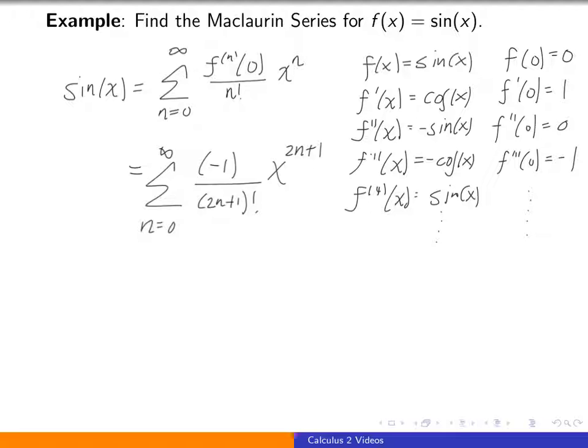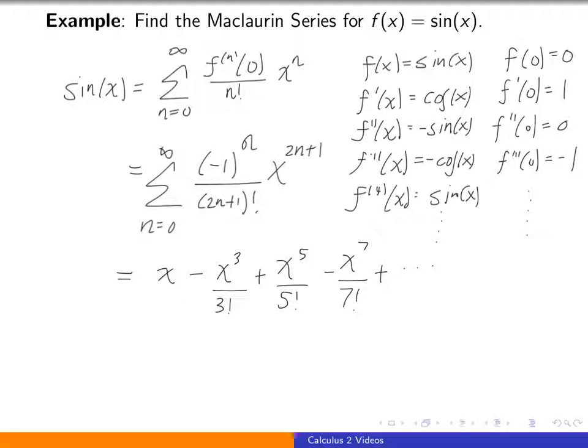So the formula is going to be either minus 1 to the n or minus 1 to the n plus 1. And because we want to get back a positive when we plug in 0, the formula is going to be minus 1 to the n. And this is the Taylor series, the Maclaurin series for f of x equals sine of x. And if you wanted to write this out without the summation, you can think of this as being x minus